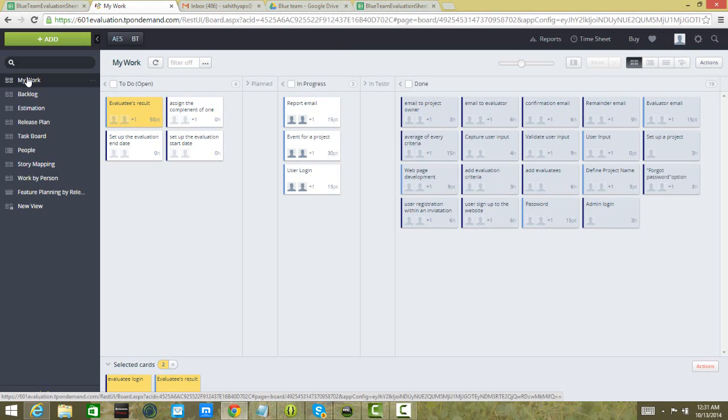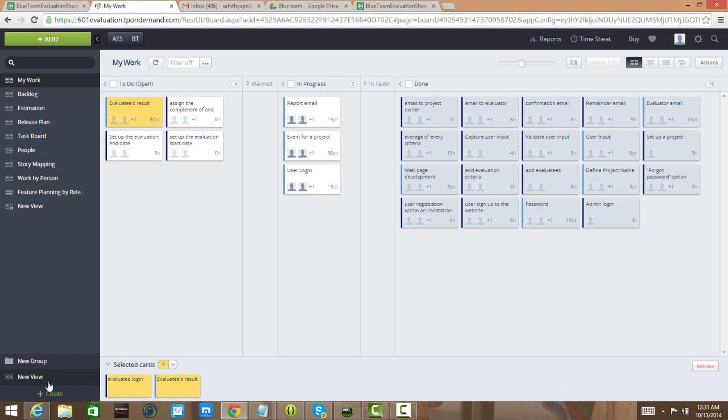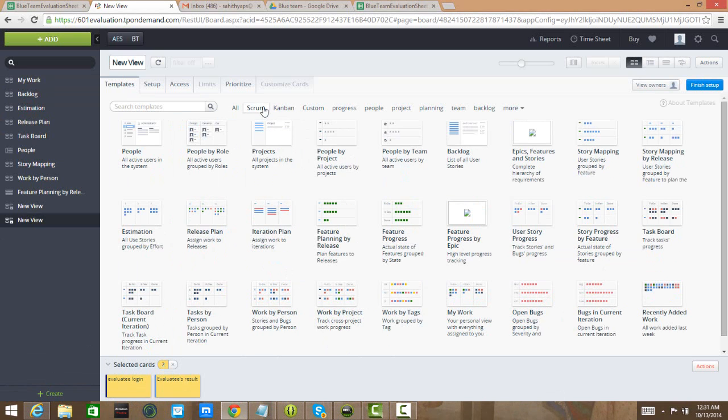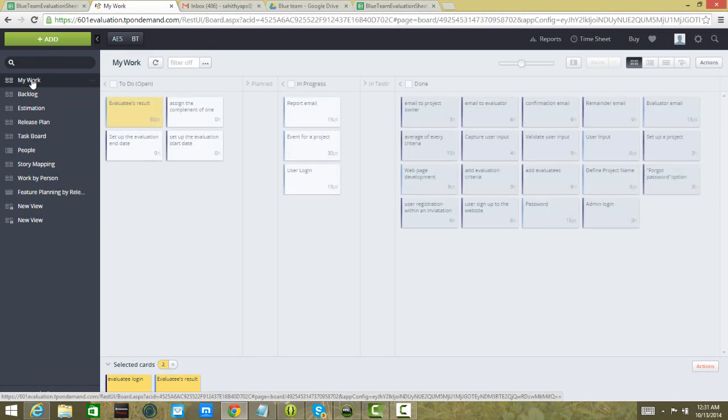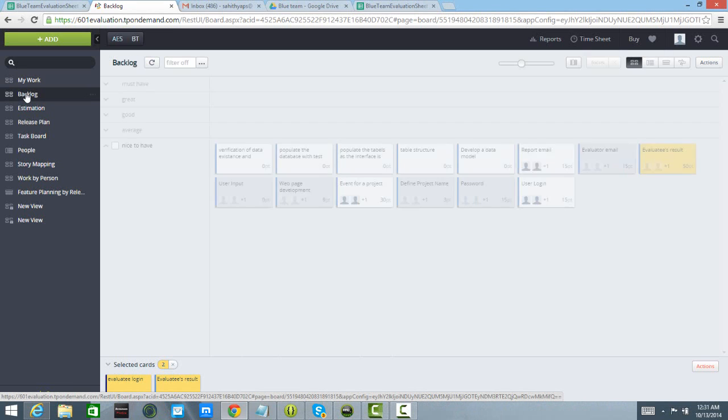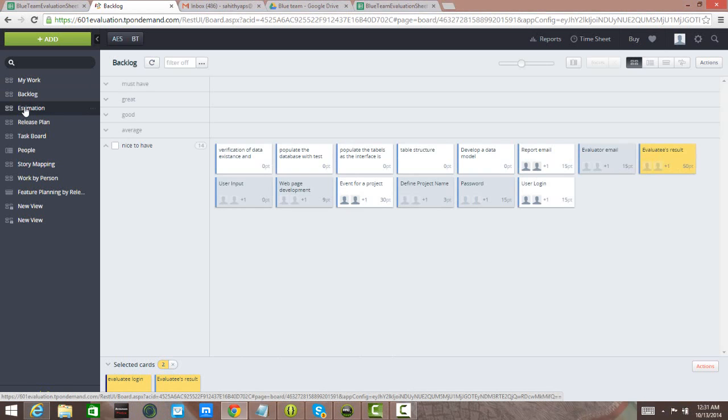Some of the other interesting features of this tool is that we can create our own views. Target Process offers us a bunch of templates that we can use and select as we need to create views for our own convenience. The default features that are provided by the tool are My Work, where you can find tasks that are assigned to a particular person, a Backlog, which shows the list of backlog items, Estimation, which shows